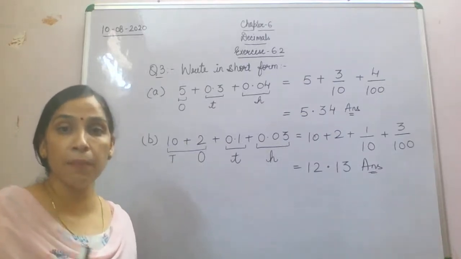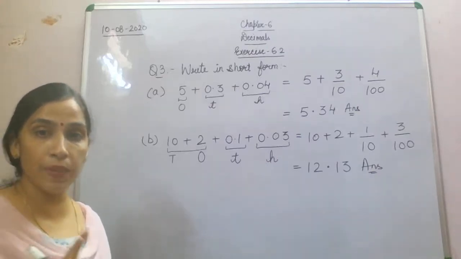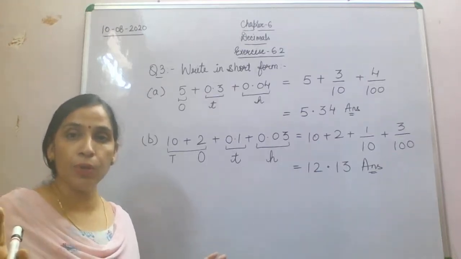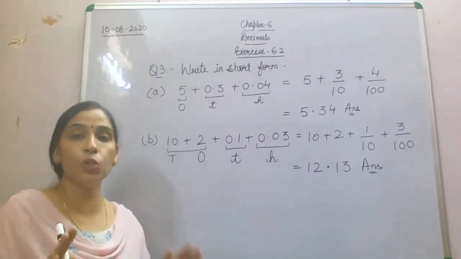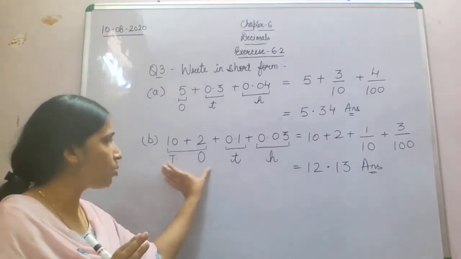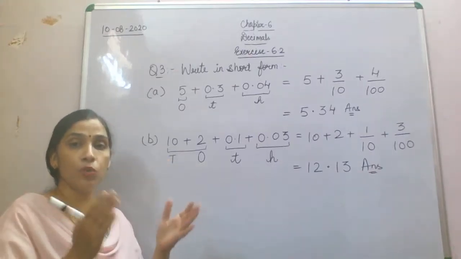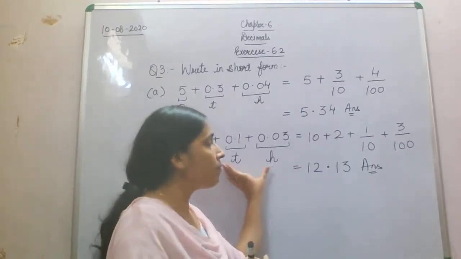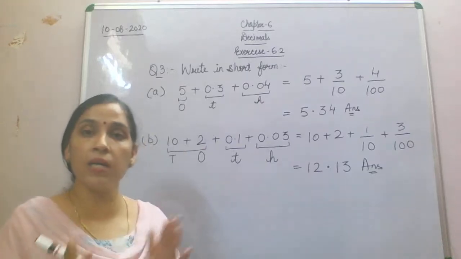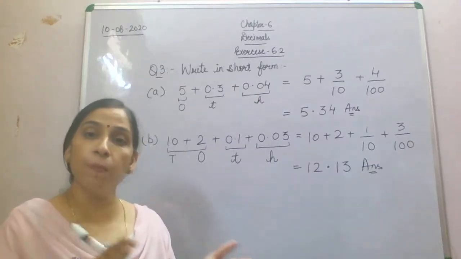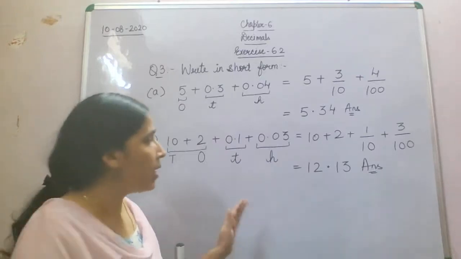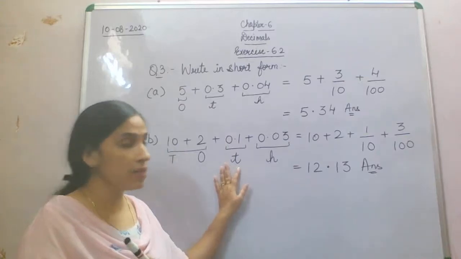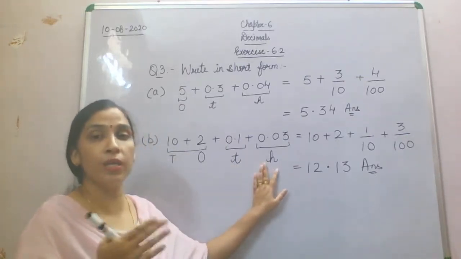Let's see this B part again. What we have done in this B part, you have been given the expanded notation of a decimal number in which you have been given the whole number part. This is your whole number part, the part which you are supposed to write before the decimal, and this is your decimal part. First of all, you have to find out which part is your decimal part and what is the place value in decimal. Fine. Like this I have written here, this is your tenths place in the decimal part, this is your hundredths place in your decimal part.